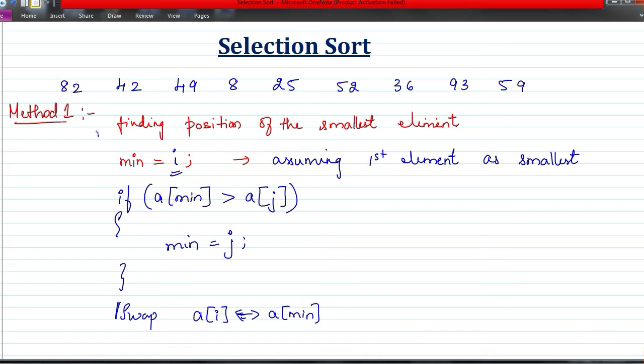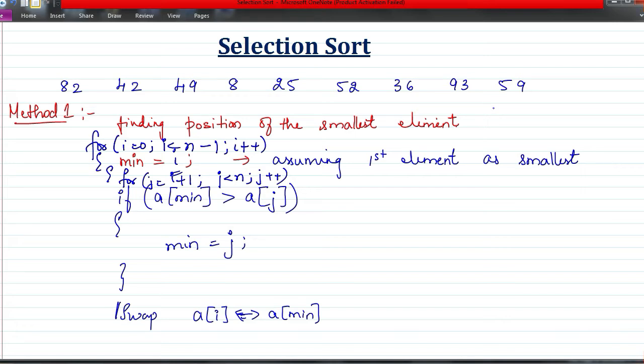So this is going to be there outside your first for loop. This is your outer loop, where you take i from 0 to n minus 1, i plus plus, and you take min as i in this case. Then you will have a for loop for j equals i plus 1, and j is less than n. Up to j less than n, we are going to do this comparison. I take the element at the first position and compare it with all the elements towards its right side to find out which is the smallest element. Assuming this as the smallest one, I am comparing. Now I have the position of the smallest element.